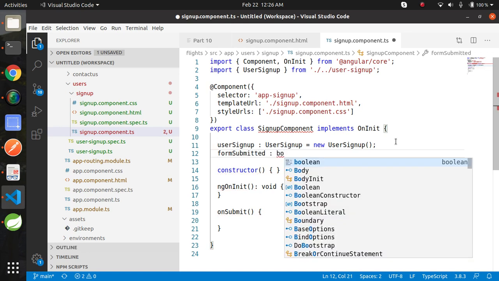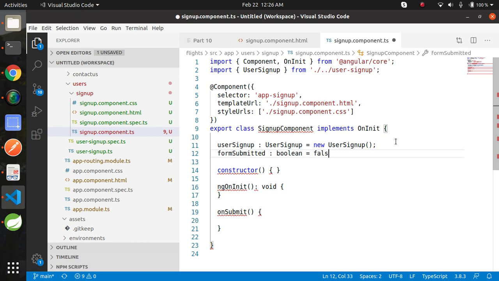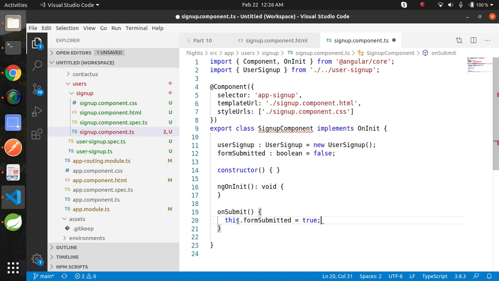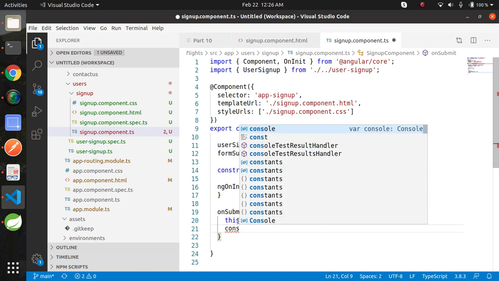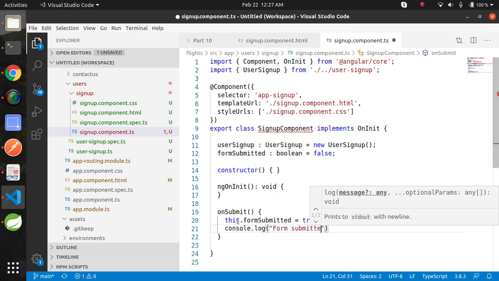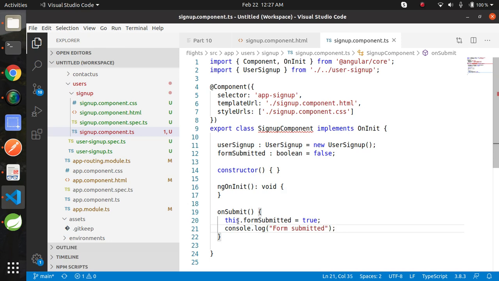Provide type boolean and default value false, and we will make it true whenever someone submits the form. this.formSubmitted equals to true, and add a console text form submitted, and map this method with submit key.